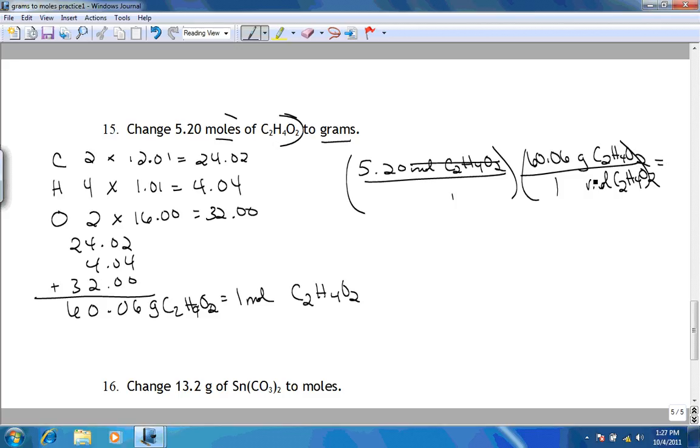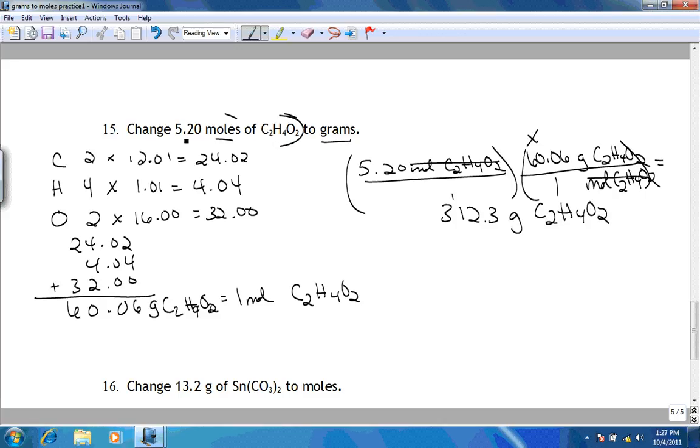The moles cancel, so 5.20 times 60.06, since it's on the top, comes out to be 312.3 grams of